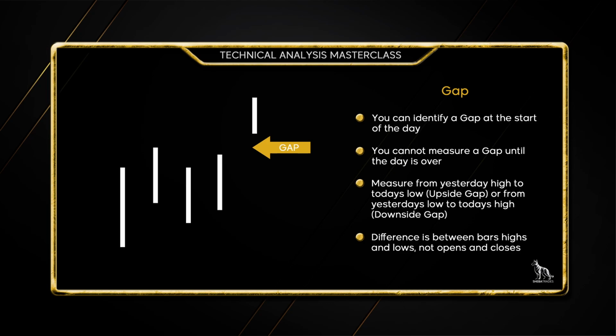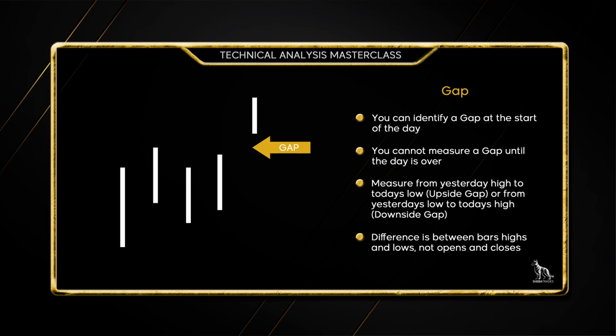But you can't measure a gap until the day is over because it could open as a gap, but then, let's say in this example here, the prices actually fall and that bar got longer on day 5 going downward, where it then turned out that there was overlap. If there's any overlap at all, there's no gap. There has to be a gap in terms of no overlap. That's the key thing to take away. So that's why you can't tell until the end of the day whether there's a gap situation that occurs.